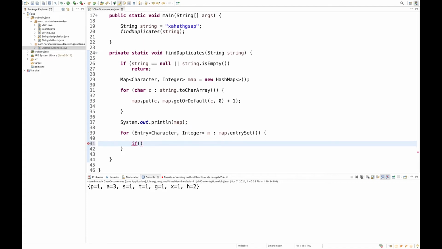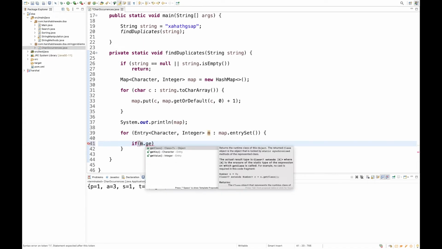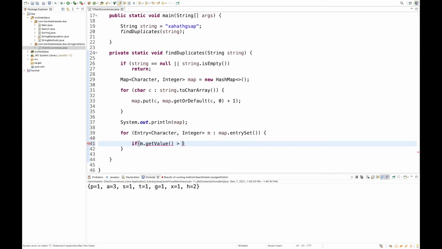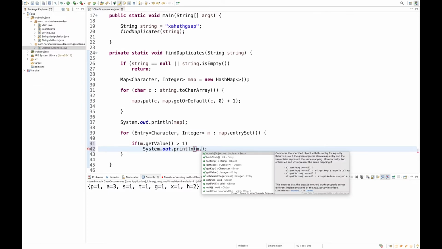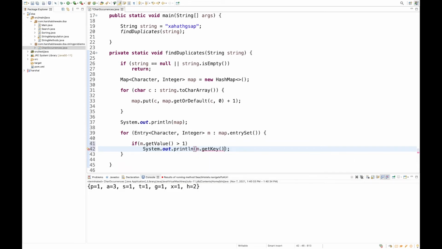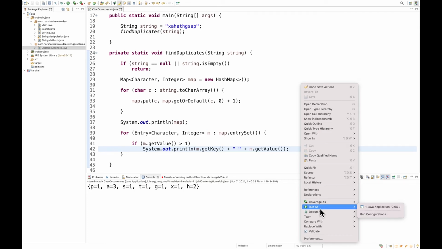So if m.getValue is greater than 1, just print out those values: m.getKey plus m.getValue. So only the key that has a value greater than 1, we took that key and that value. So let's run it.